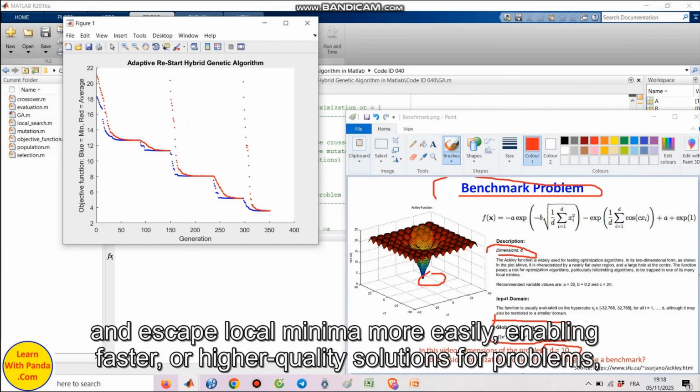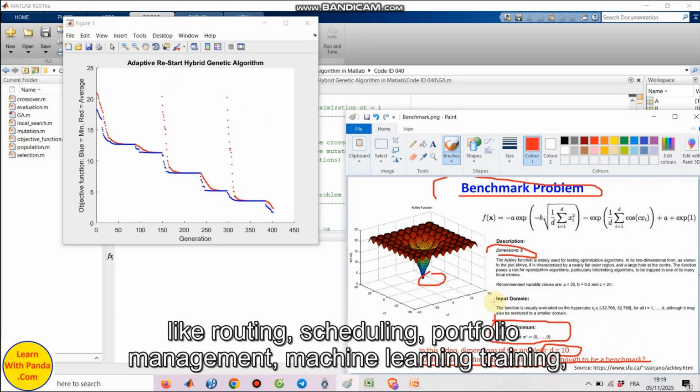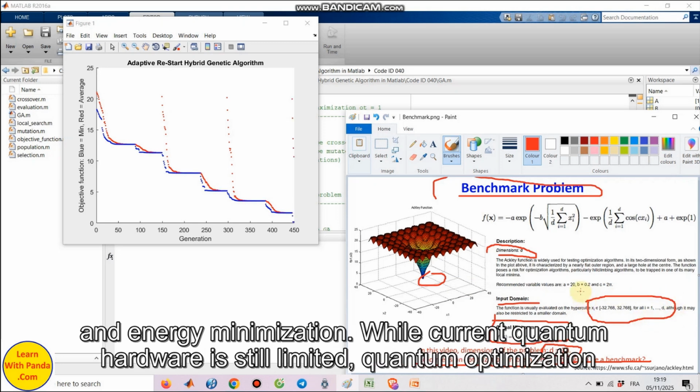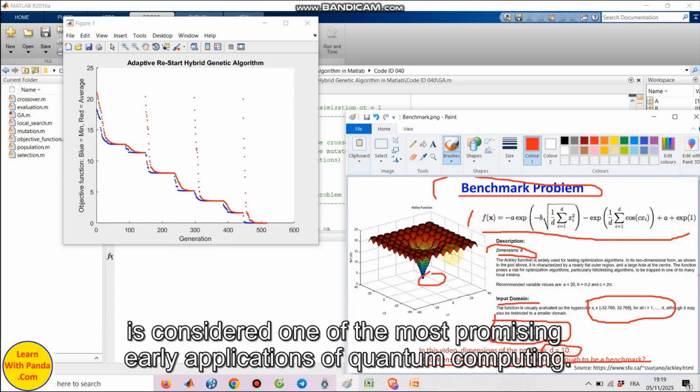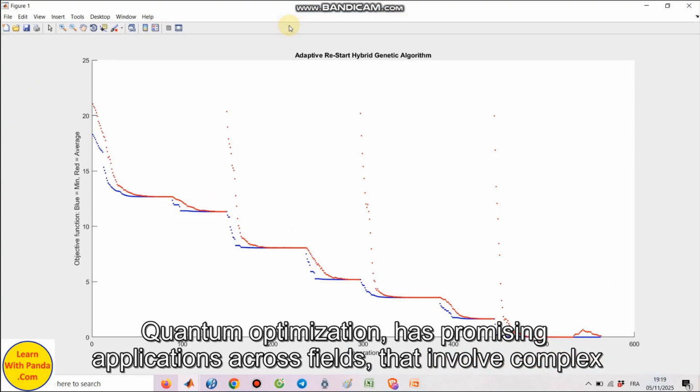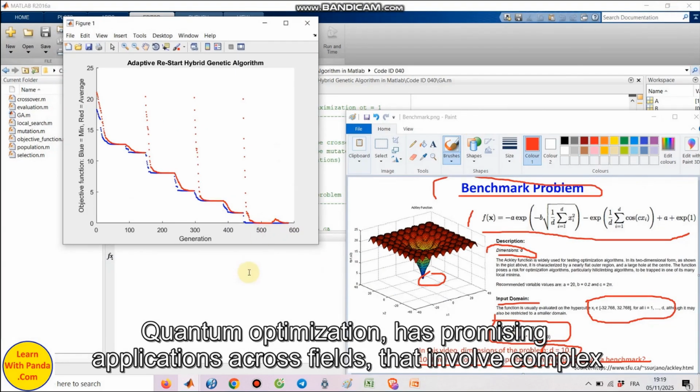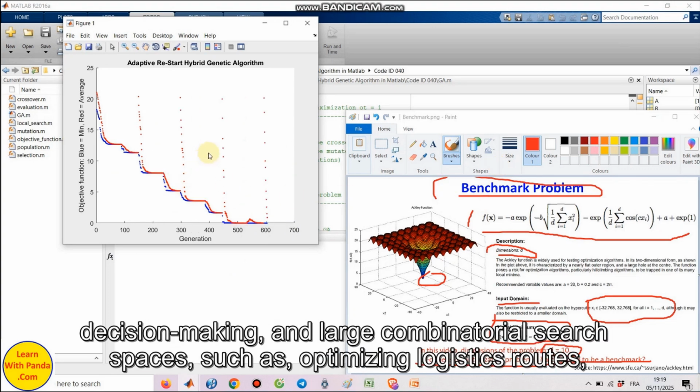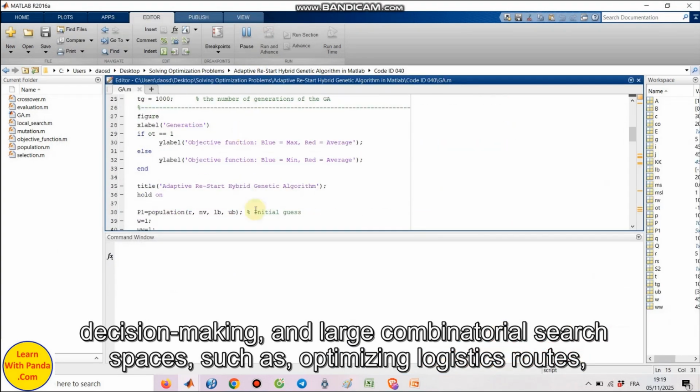minima more easily, enabling faster or higher quality solutions for problems like routing, scheduling, portfolio management, machine learning training, and energy minimization. While current quantum hardware is still limited, quantum optimization is considered one of the most promising early applications of quantum computing. Quantum optimization has promising applications across fields that involve complex decision-making and large combinatorial search spaces, such